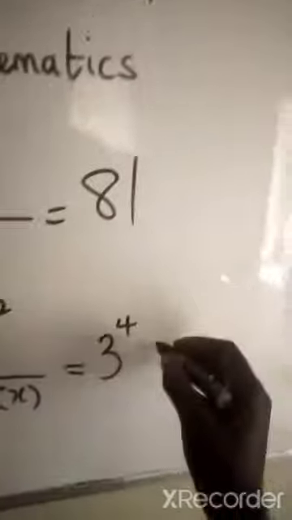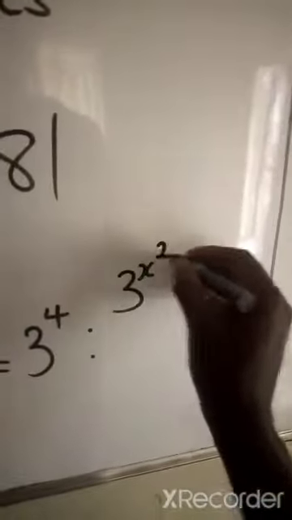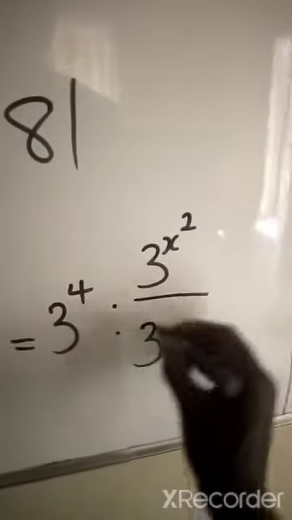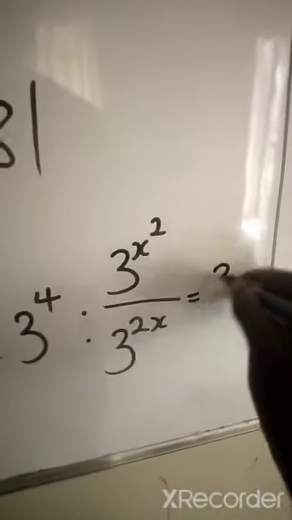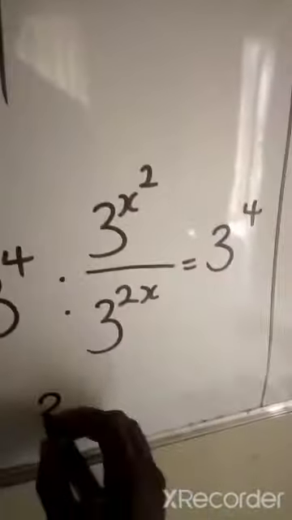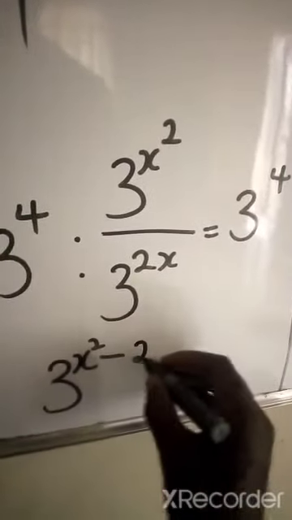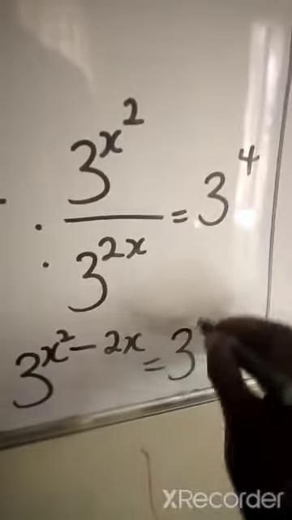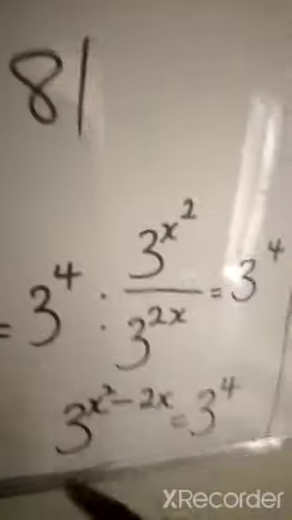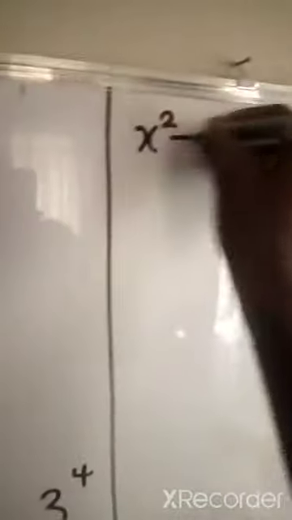So this will give us 3^x raised to the power of 2 all over 3 raised to the power of 2x is equal to 3 raised to the power of 4. So like this one now, you can use the law of indices, which says that when you are dividing, you subtract the power. So this will give you x squared minus 2x is equal to 3 raised to the power of 4. You see now they are equal. So you can equate the power. If you equate the power, you are going to have x squared minus